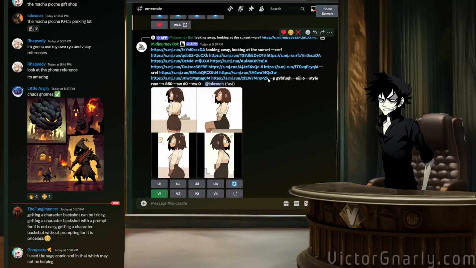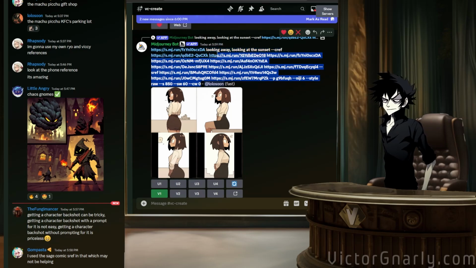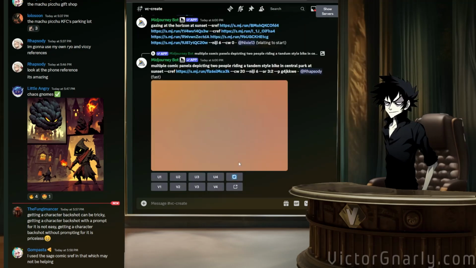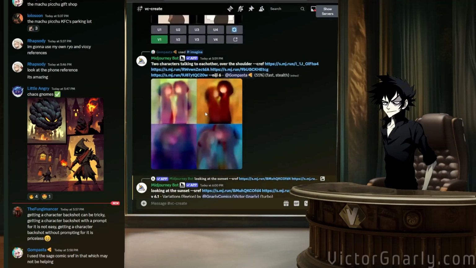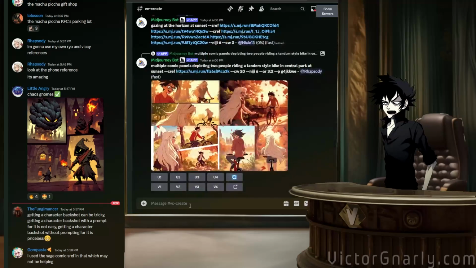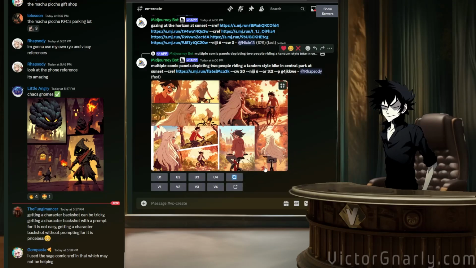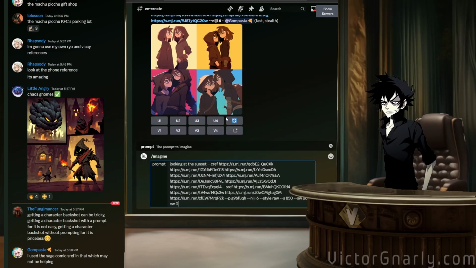In fact, I kind of want to try that with Yona at this point. So let me try this. Looking away. Actually, I'm just going to do looking at the sunset, because you notice it worked quite well for doing that in-paint. That's pretty rad. So let's go ahead and hit /imagine, paste that into here, and then